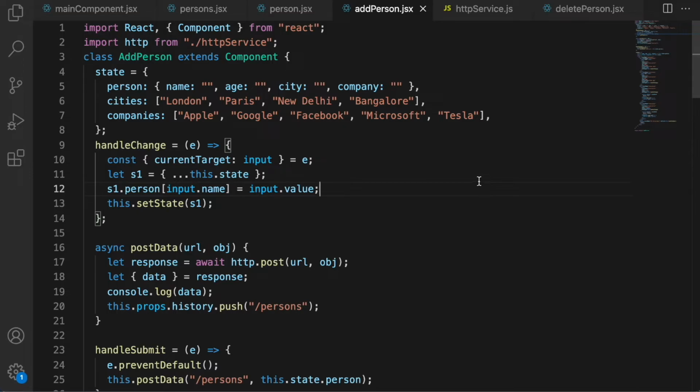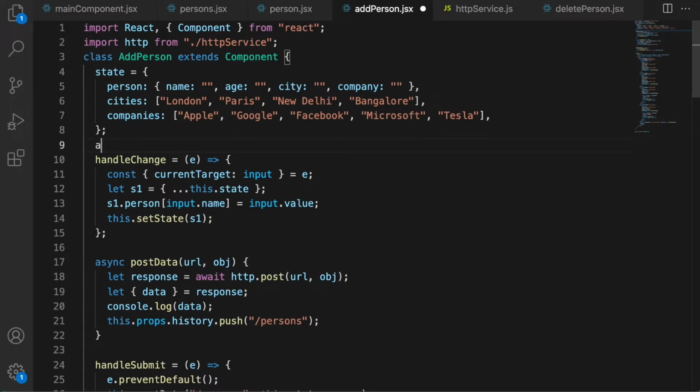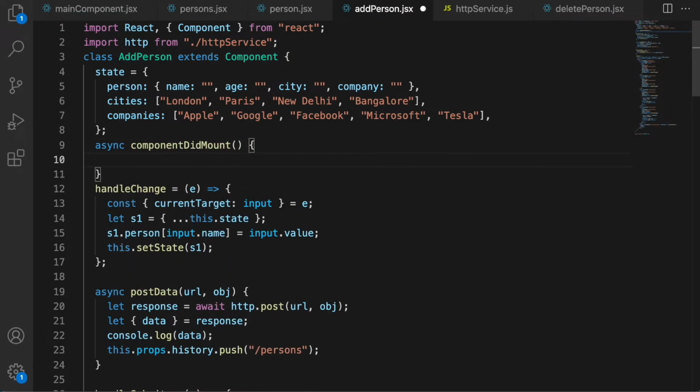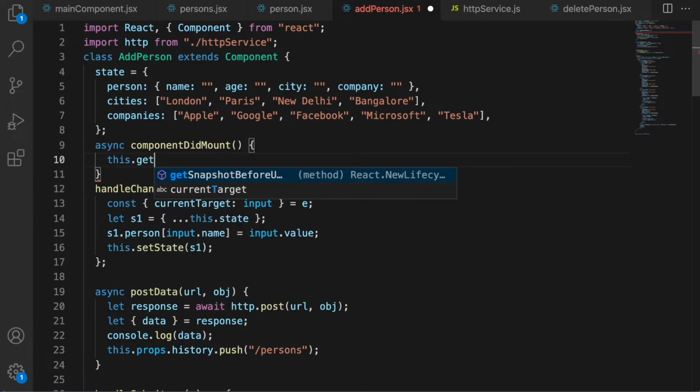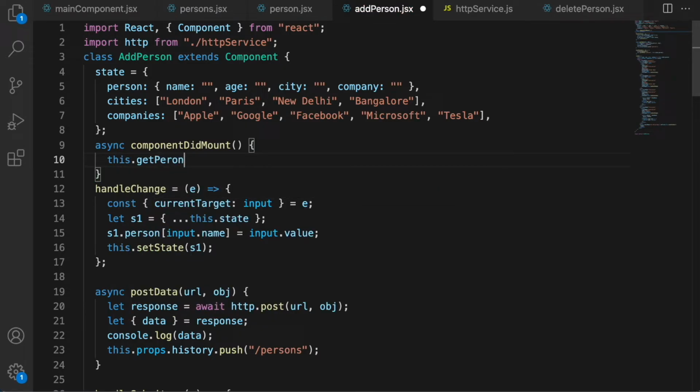First, we will need to define a component did mount. So let me put in an async component did mount. Now, why do we need a component did mount? Because when we are editing it, we'll first need to fetch the details from the server. So let me say this dot get person data, or let's call it say this dot fetch data.